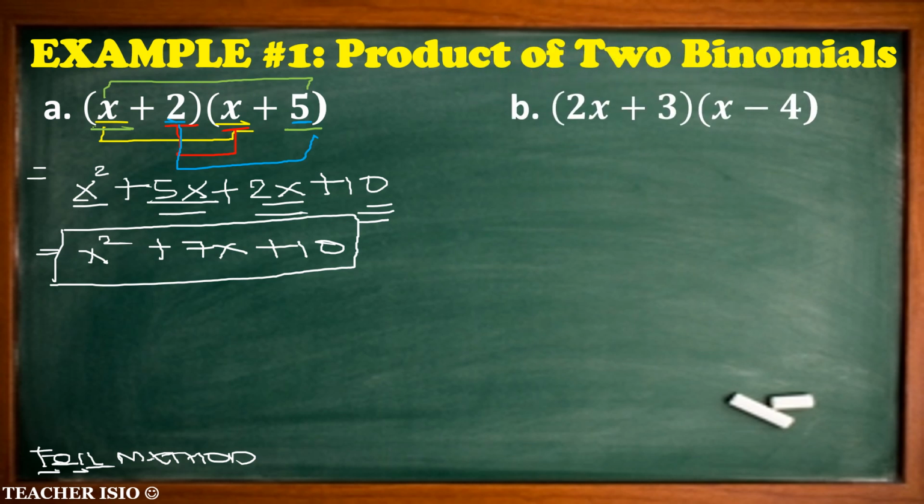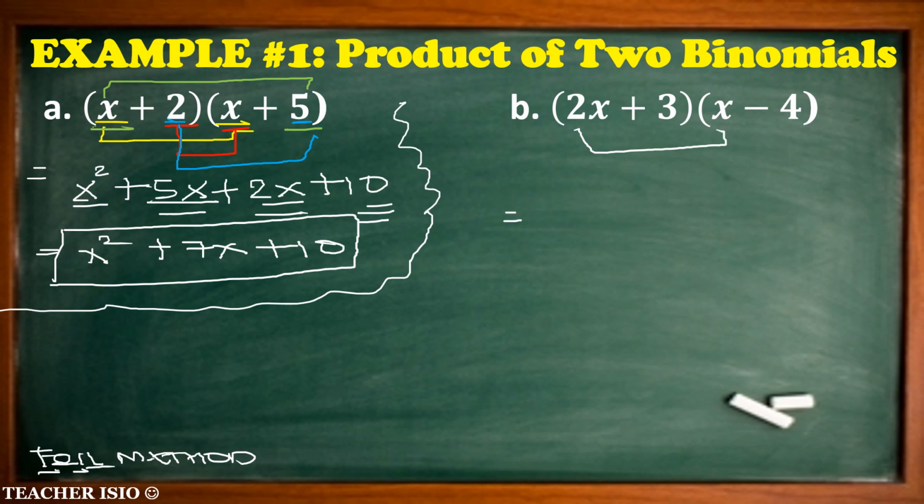Let's have another example. So in letter B, we have 2x plus 3 times x minus 4. Okay? So let's start. Yan, harang natin. Okay. So we have the first term, which is 2x times x. So if we have 2x times x,